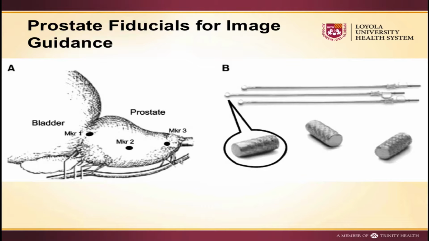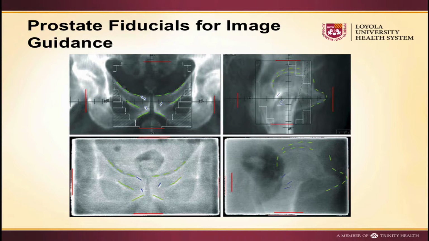You can place fiducials through a needle into the prostate. Most commonly we do three of them, one at the base, one mid, one apex, kind of two towards either the right or the left, one on the other side, so that when you look at both a lateral and an AP X-ray, you get a good visualization of those. And this can be done either transrectally, like the biopsies, or transperineal, which is like what we do for the brachytherapy seeds. And this is how those X-rays look